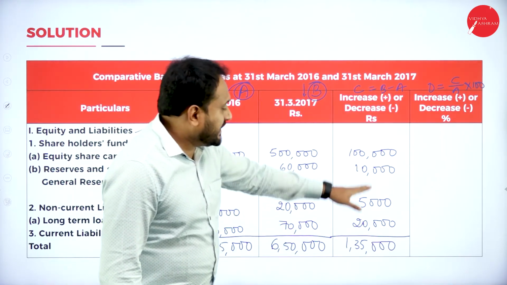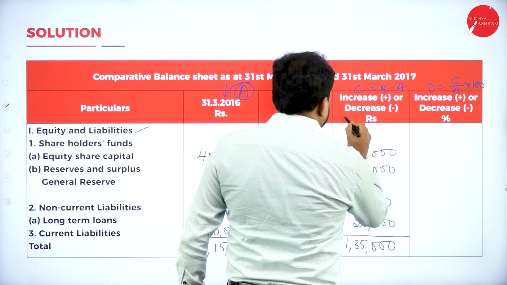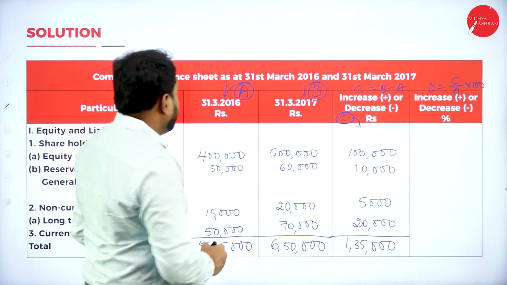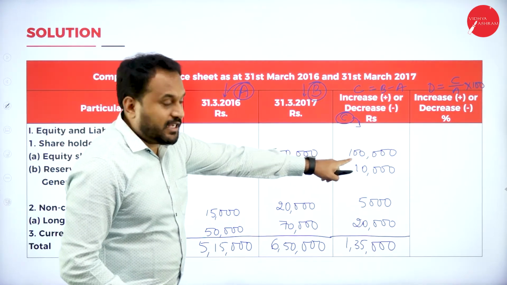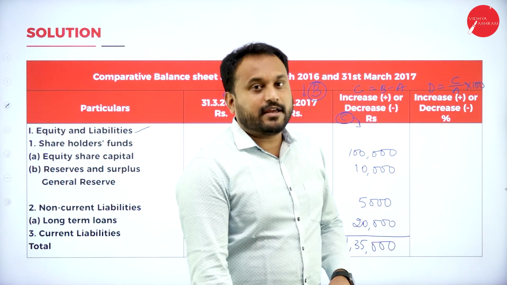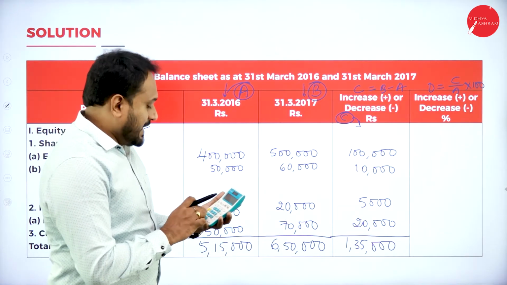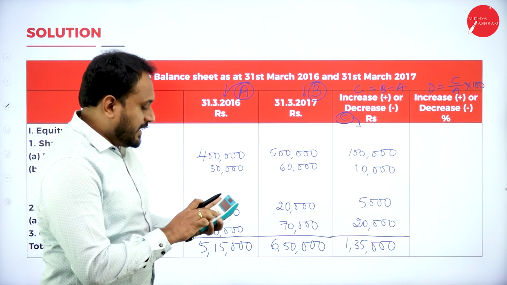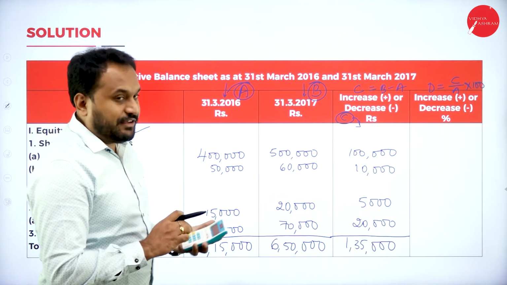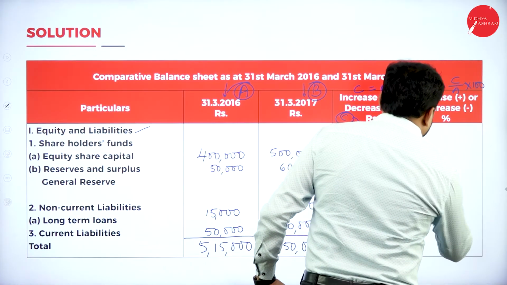Now it doesn't increase or decrease. Now what is D? This is C, isn't it? This is C. C divided by A, into 100. That means 1 lakh divided by 4 lakh into 100. Take your calculator now. You have 1 lakh divided by 4 lakh, which is equal to 25. In the sense, you into 100, you get 25%. So I'll write here 25%.